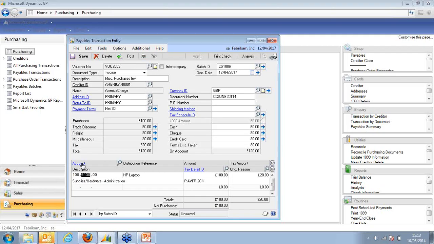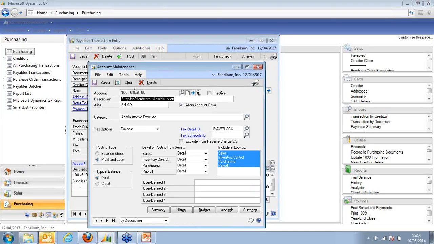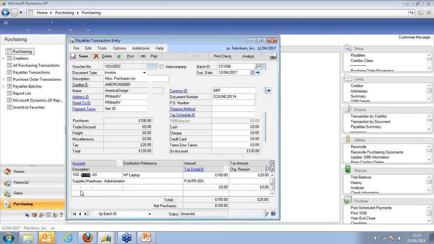If I drill down onto the account, just briefly, you'll see in my account maintenance window here, I've set up this account as taxable and to use the fully recoverable account. Next account I'm going to use is my 100-6140. You'll see I've set that up as taxable as well, with partial recoverable fixed. So go back to my transaction,